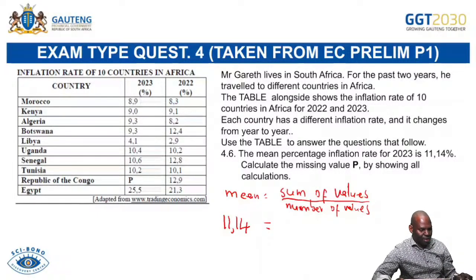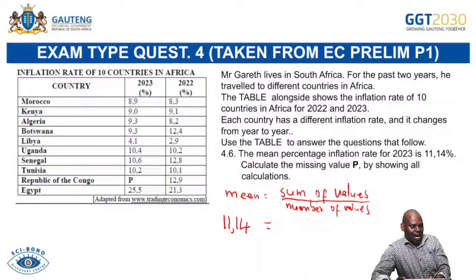So I'll say 8.9 plus 9.0 plus 9.3 plus 9.3 plus 4.1 plus 10.4 plus 10.6 plus 10.2 plus 25.5. So if I add up, for this one, actually we're supposed to show the addition, but I can just indicate the sum. When I add all this, I get